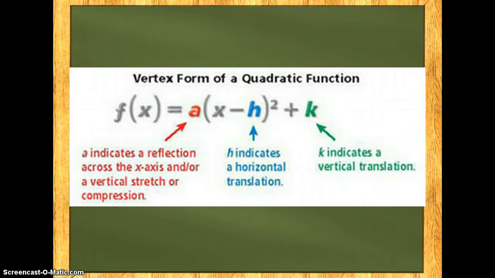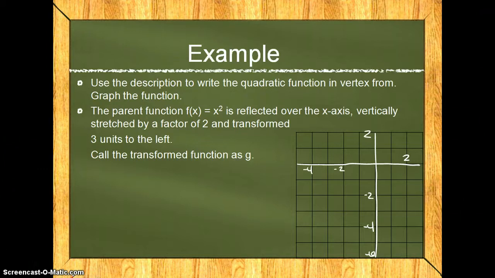The k is on the outside of the parentheses, which indicates it's a vertical translation, and plus is up and minus is down. So the first example says, use the description to write the quadratic function in vertex form and then to graph the function. So the parent function we're using is f of x is equal to x squared. We are going to reflect that over the x-axis and then vertically stretch it by a factor of 2, and